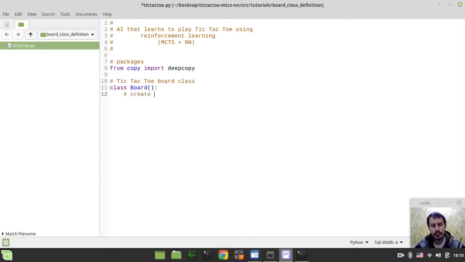We want literally to create a constructor, to initialize the board class instance. There is the standard method called init in order to achieve this, and